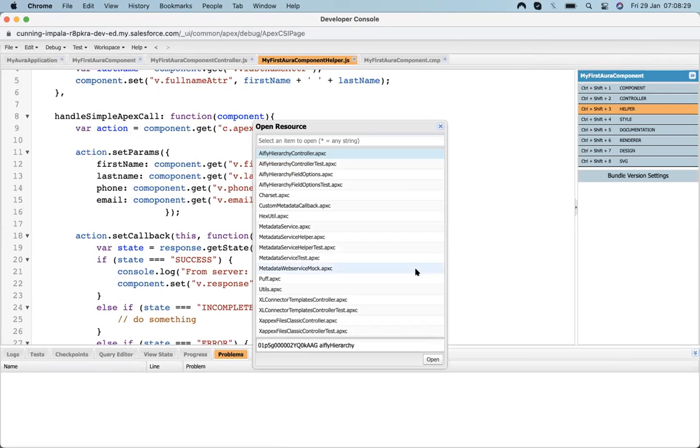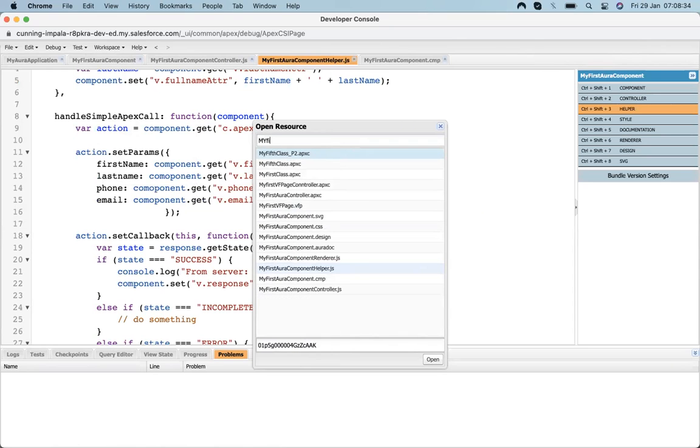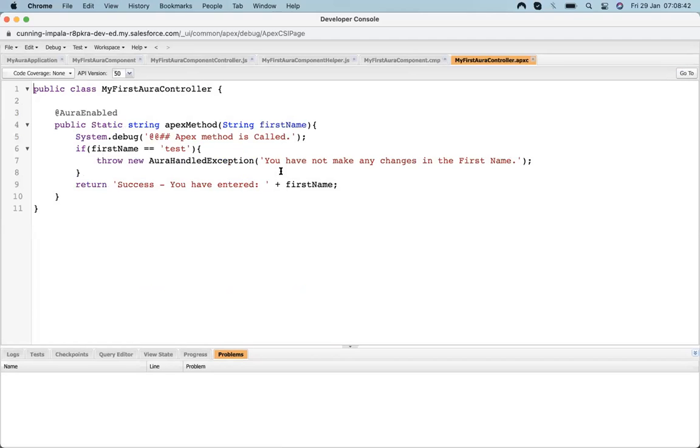So let's update that Apex class too. Open the Apex class, my first Aura component controller. Since it is accepting the first name, let's make it also accept the other things.